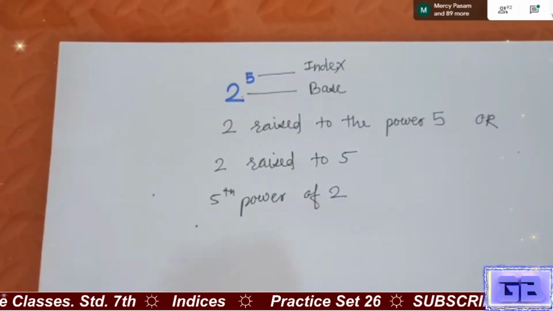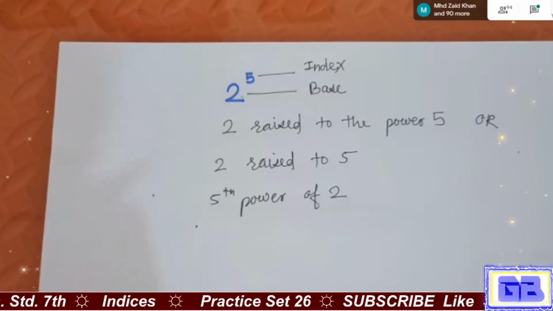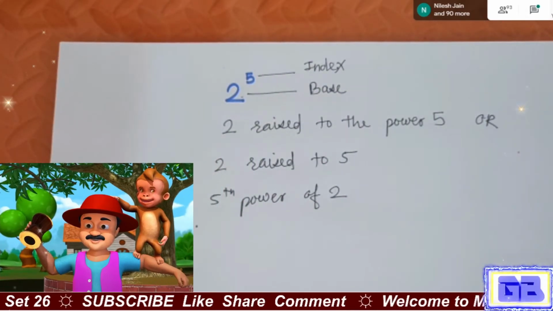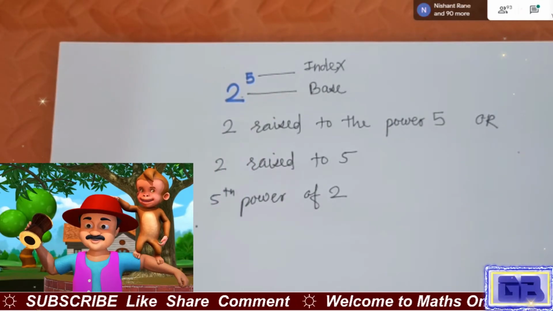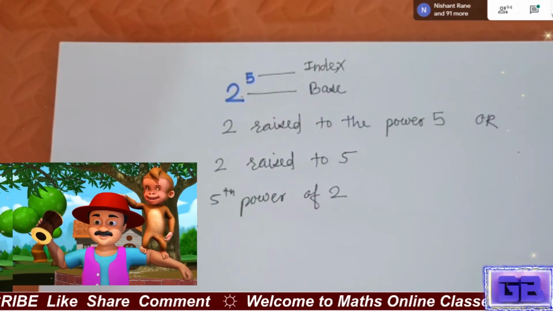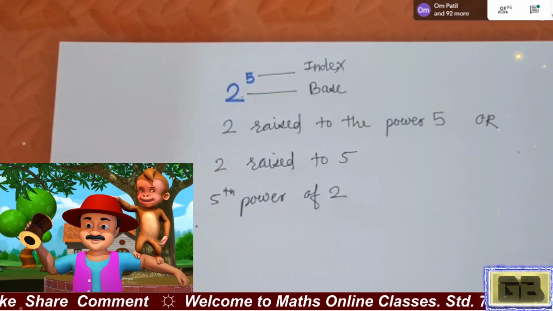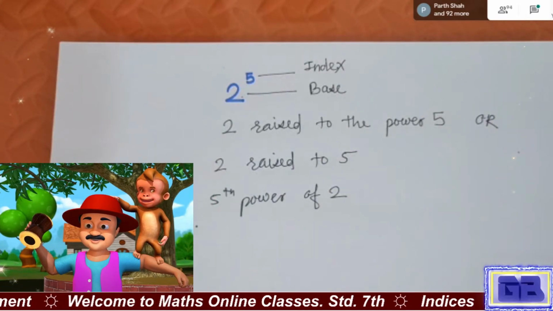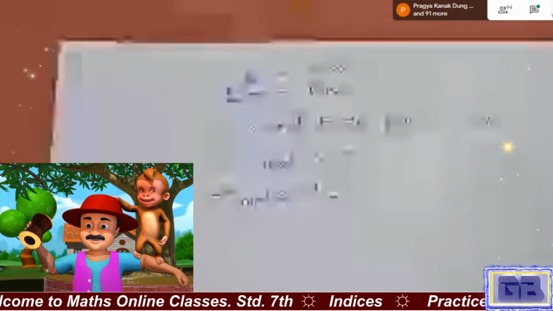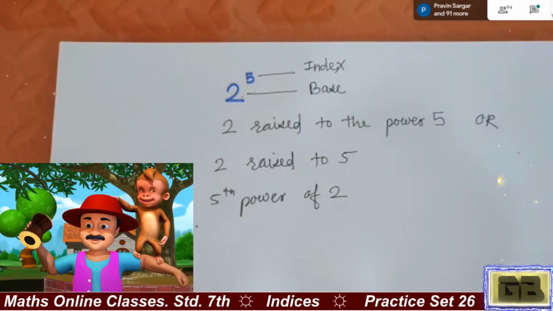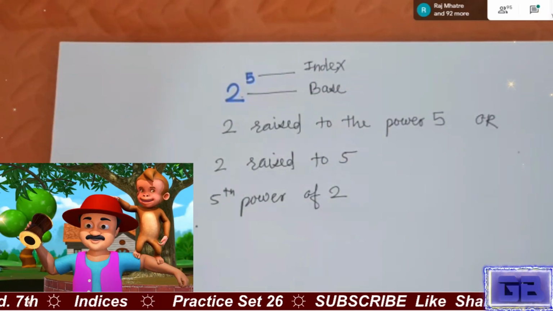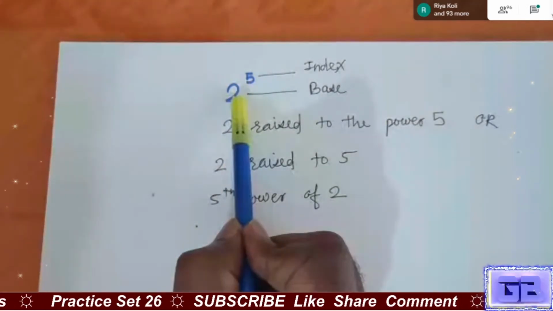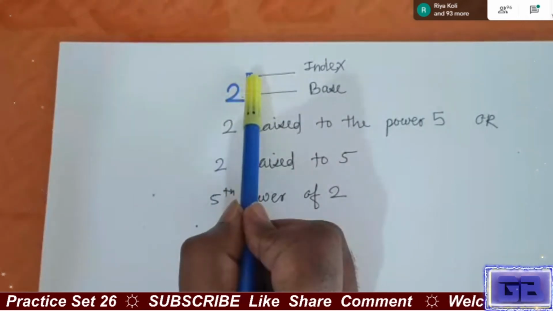Now tell me, you might have seen in villages, mostly one man comes along with a monkey on his shoulder. That man is called a Madari. And he always has a monkey on his shoulder. Have you seen that? And in his hand there is a dambru, a small drum. He just goes from one village to another and plays along with his monkey. So in the same way, 2 is the Madari and 5 is the monkey on his shoulder.